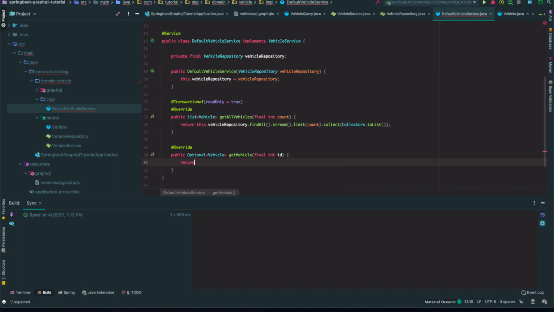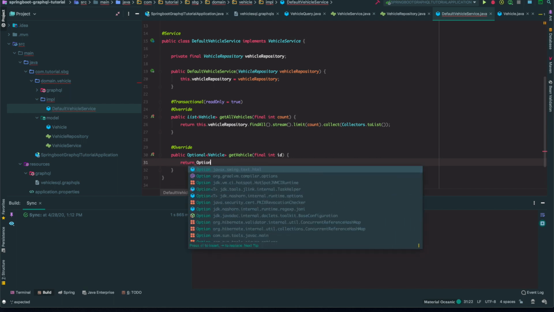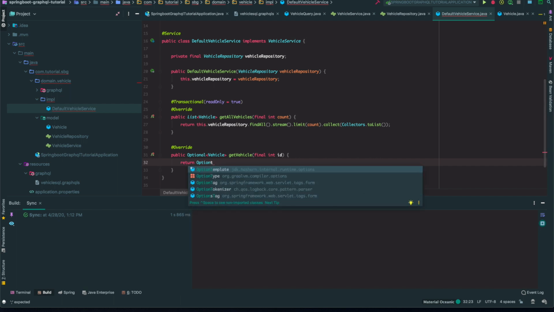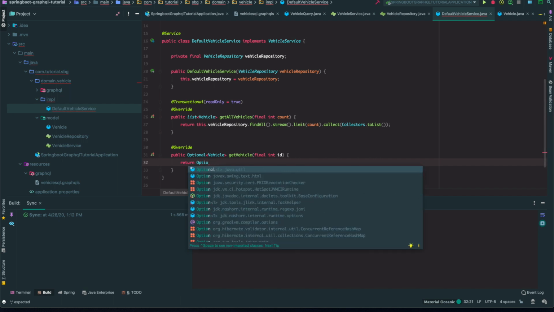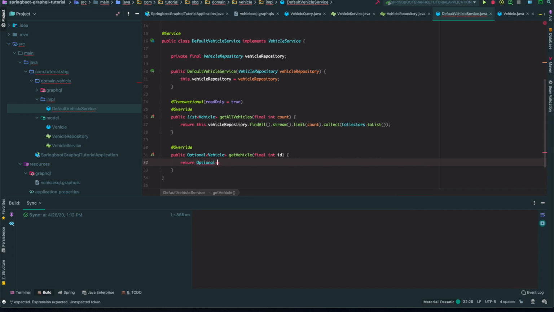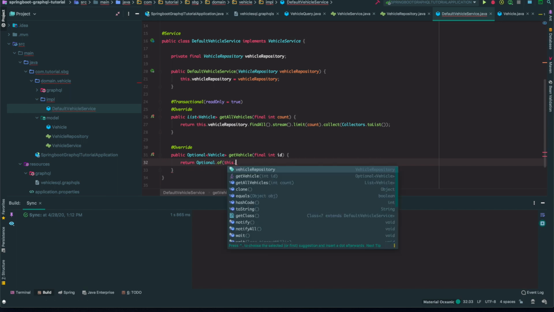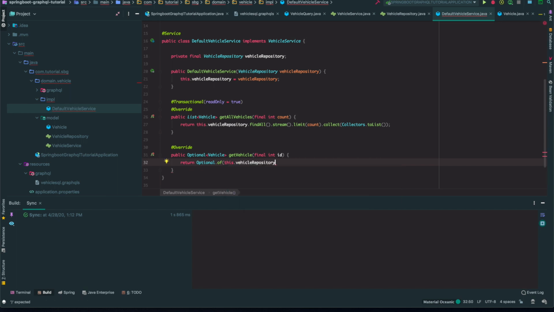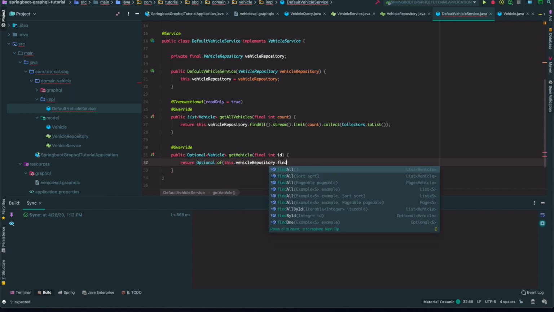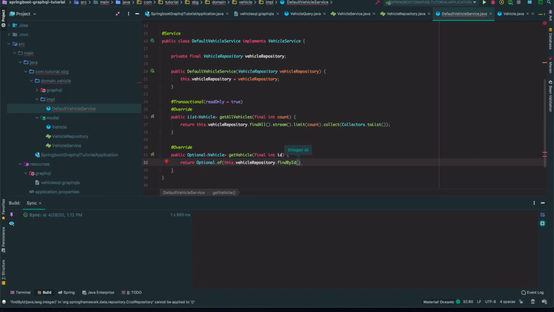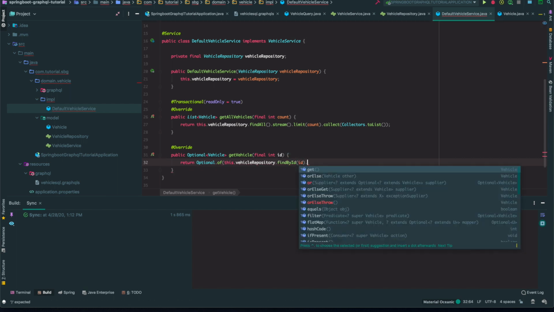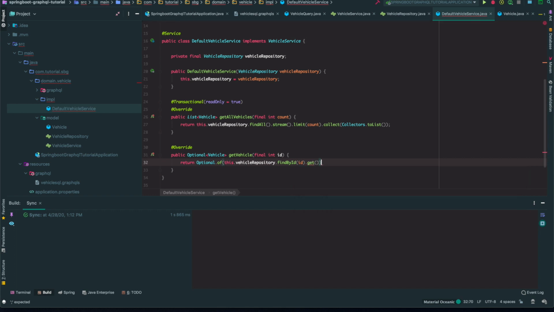Here we're returning an optional of, and then we are going to be calling the repository dot find by ID, and we pass in the ID, and then as part of the optional we have to say get,